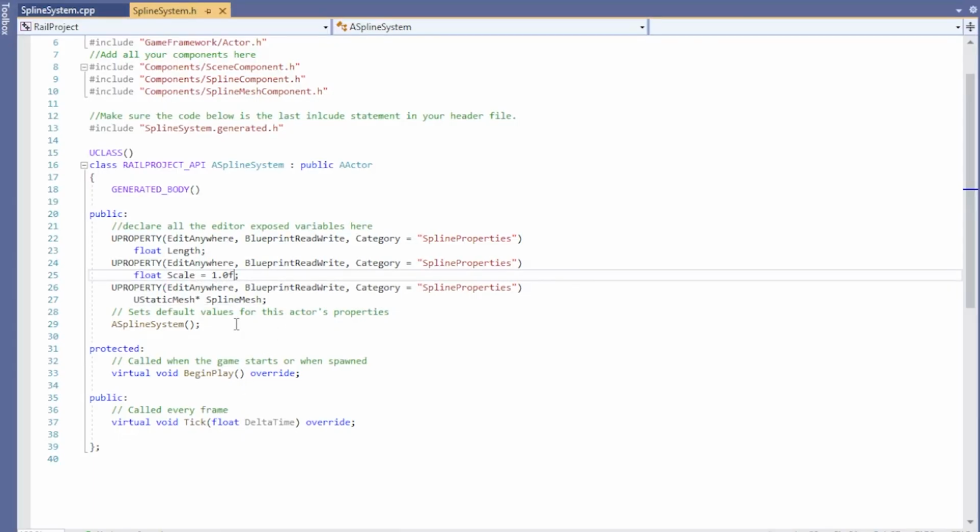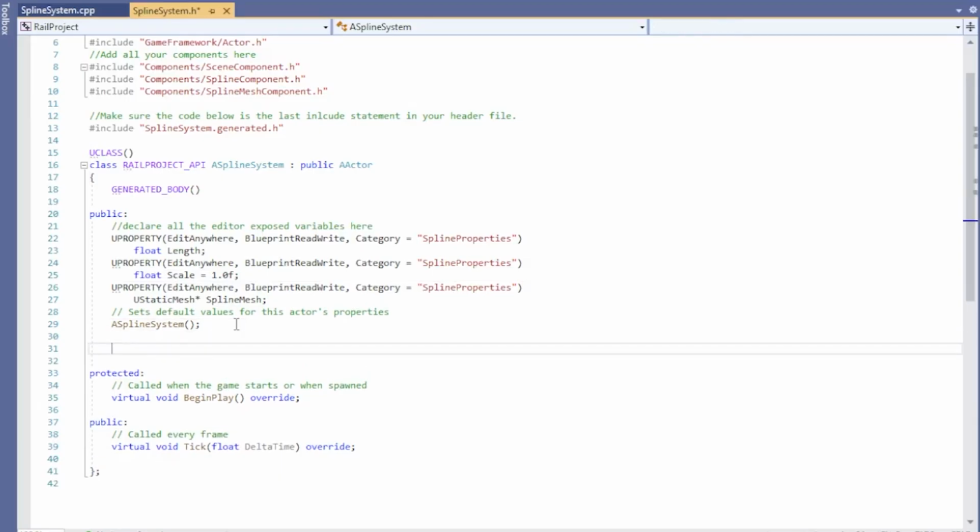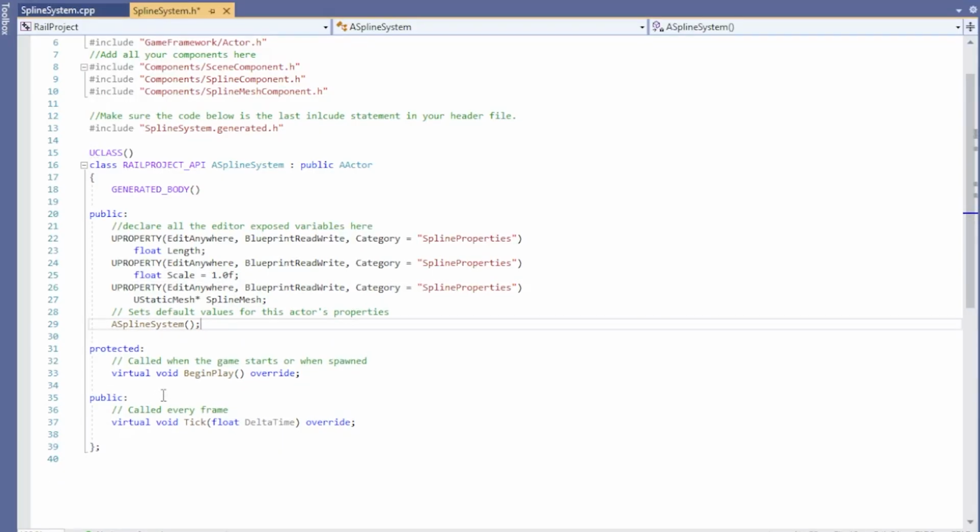Next, we're gonna move to the protected code block to define our components, but before that, we need to include the components in our header file. So go up and